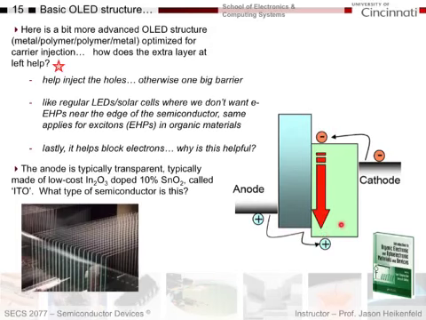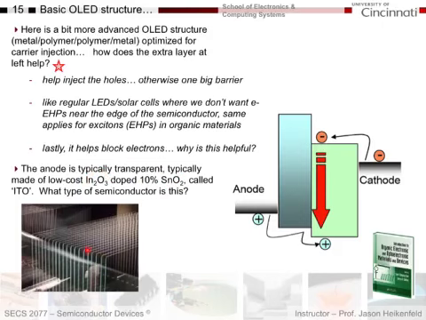Now the anode is typically made of something called indium tin oxide. It is indium oxide, a wide band gap semiconductor doped with tin oxide, 10%. What type of semiconductor? Again, it's a wide band gap semiconductor with a band gap that is so wide that it looks transparent like glass. So that allows me, when I dope it with tin oxide at 10% of its weight, which is a lot of doping, it becomes conductive enough that I can use it as an electrode, but the band gap's so wide